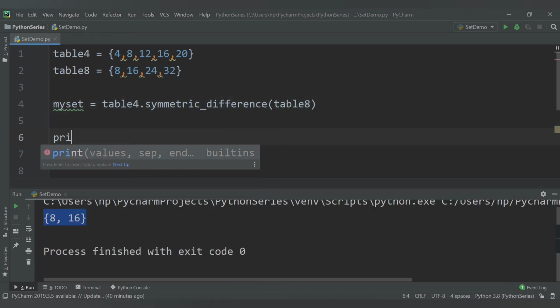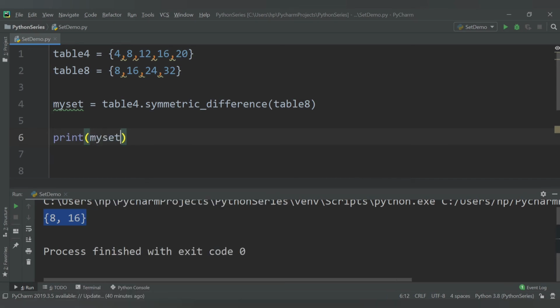If you print my set, it will print all those values which are not common in the two sets. Let me run this. See, excluding 8 and 16, all values are printed, because 8 and 16 are present in both sets, so they are excluded and all other values are assigned to my set. You can use symmetric difference when you have a third set.